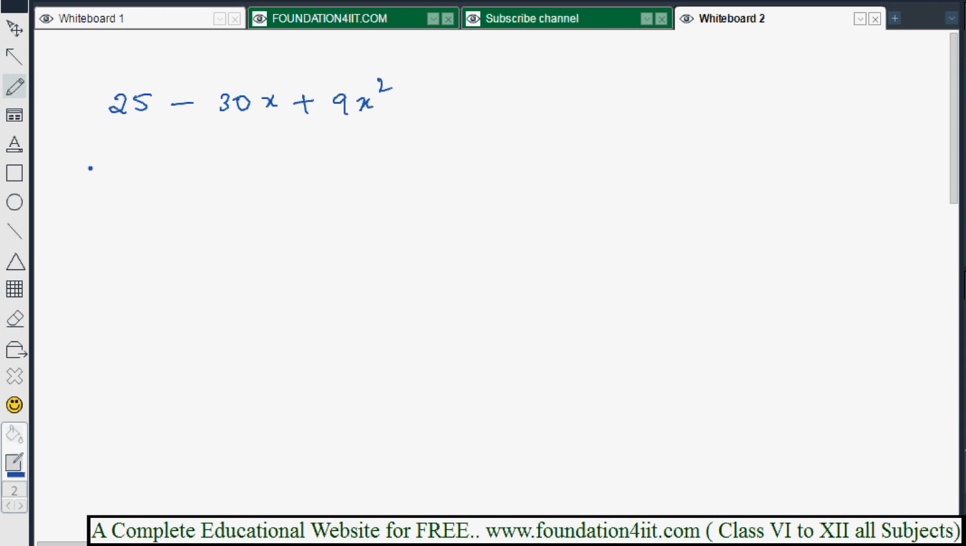This you need to factorize. First verify if any formula you can make or not. Those are two perfect square trinomial examples: one is (a plus b) whole square and one is (a minus b) whole square formula. Okay, now 25 we can write